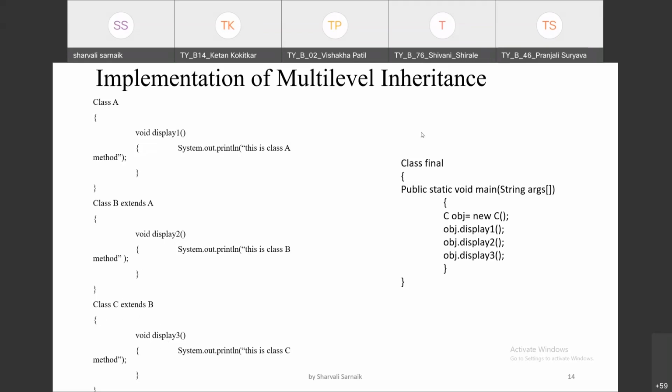Now a new main class called class final is taken, and inside that an object of the latest derived class is created. Class C is my latest derived class. So a C object is created, and with the help of that object we have given a call to the display 1, display 2, and display 3 methods. So this is the concept of multi-level inheritance.